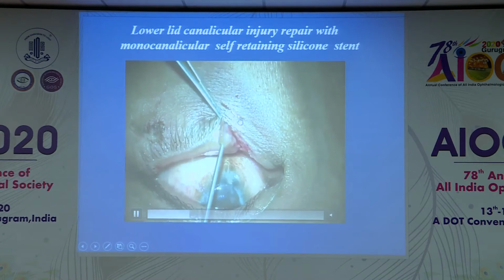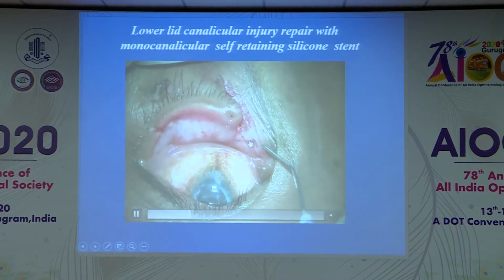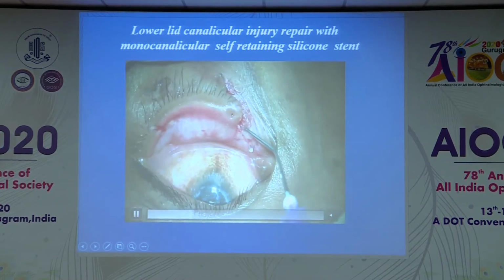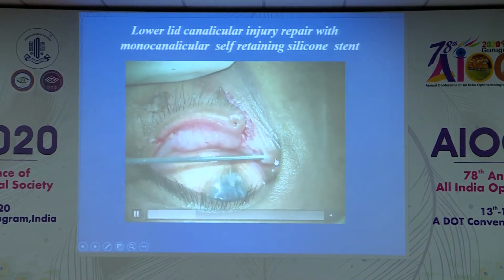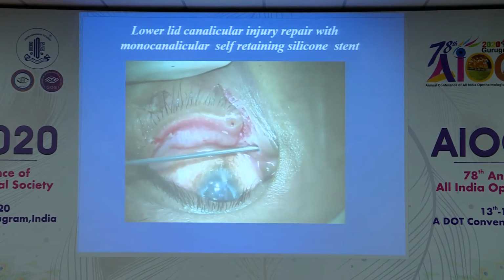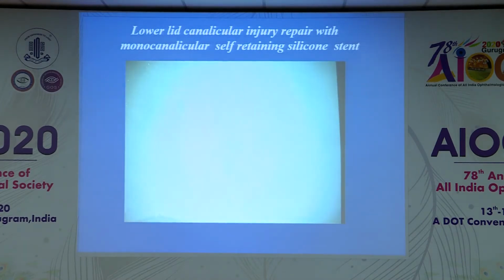So this is the probe that you pass. Then to identify the distal end, I have put 2-3 drops of adrenaline. That will lead to blanching of the pericanalicular orbicularis. And here I can locate the white cut end.